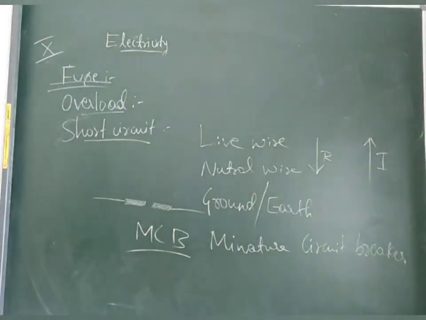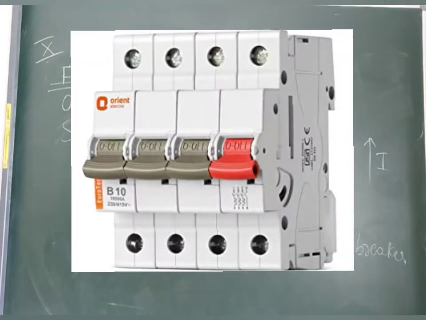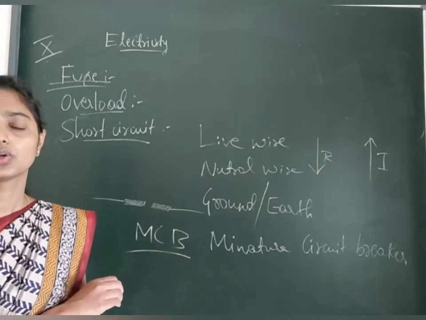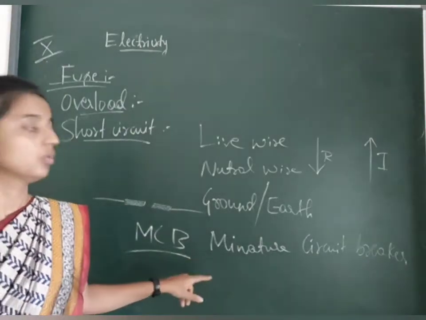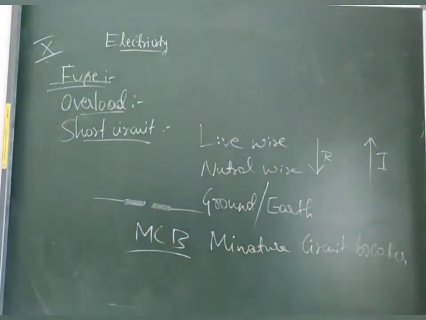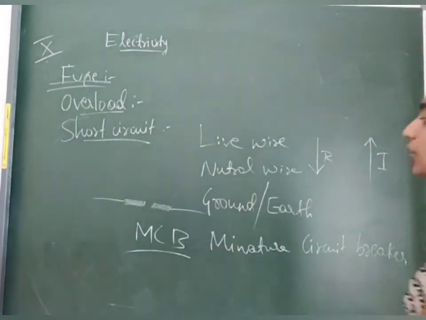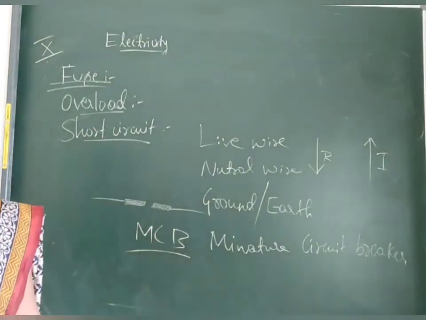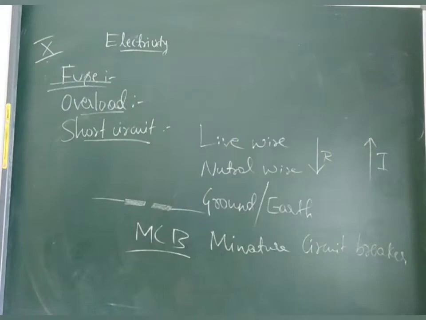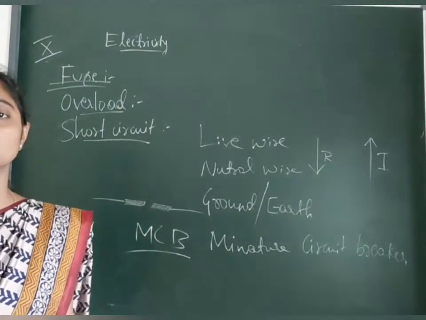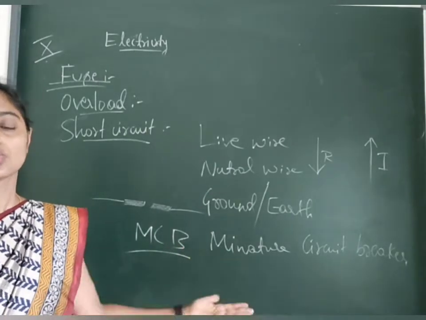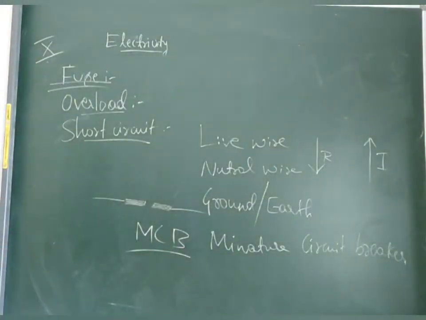Now what is this? This is nothing but a device to fix the melted wire automatically. So this is a device which has a huge application. What does that mean? Once the circuit breaks, this MCB will automatically rejoin the circuit, which is the miniature circuit breaker. And both fuse and MCB are the cheapest form. Once we install, we won't have a regular cost to maintain that one. So this acts as an advantage of the electrical fuse.